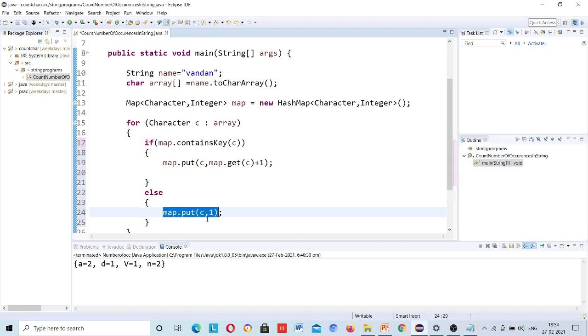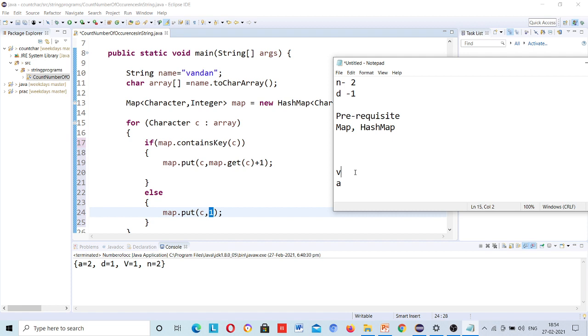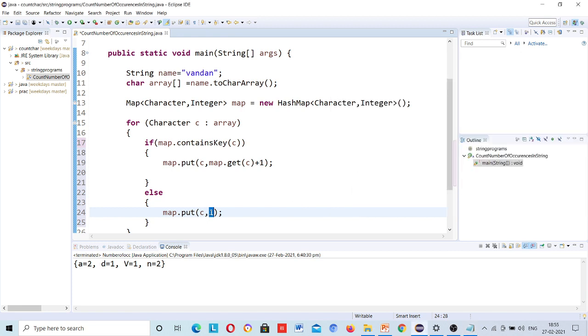It will go to else part and map dot put A comma 1, meaning A and appearance one time. Okay, so V 1 and A 1, because here integer value is also being passed.